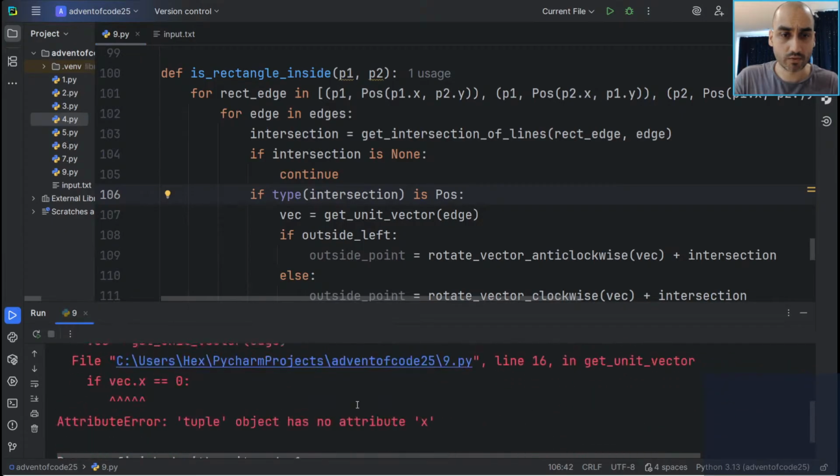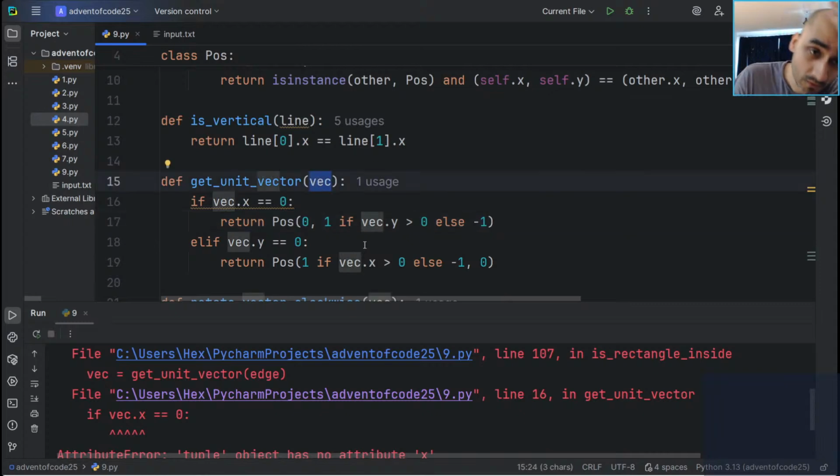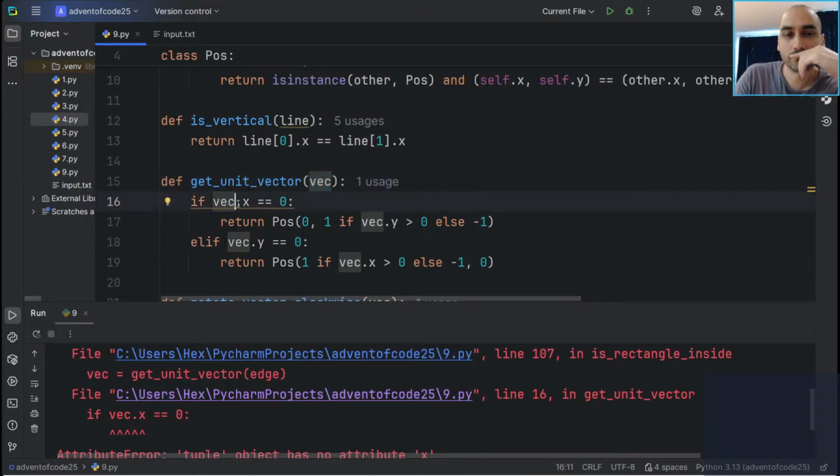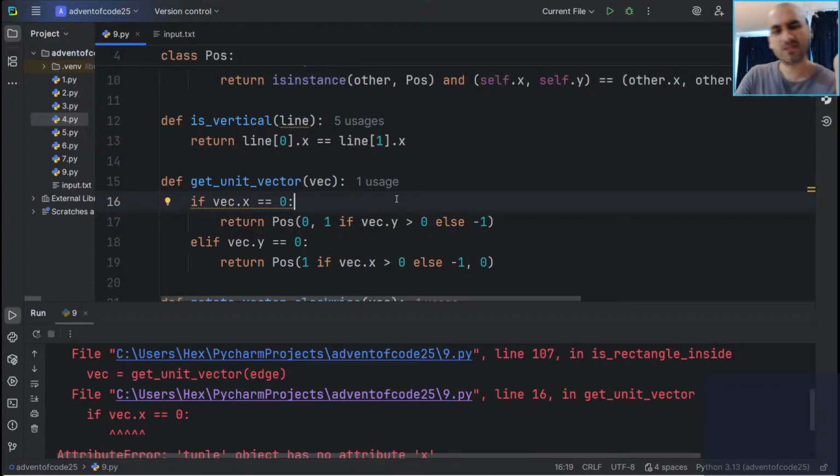Tuple has no attribute x. What is this? This is a pair of points. Why was I doing this? No, it's